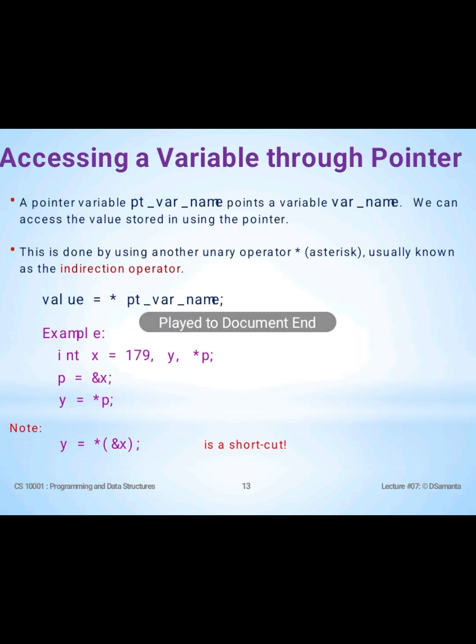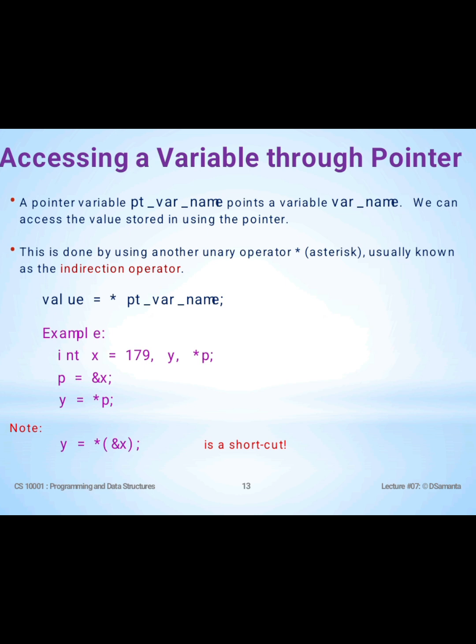Accessing a variable through a pointer. A pointer variable pointer_variable_name points to a variable variable_name. We can access the value stored in it using the pointer. This is done by using another unary operator, asterisk, usually known as the indirection operator. value = *pointer_variable_name;